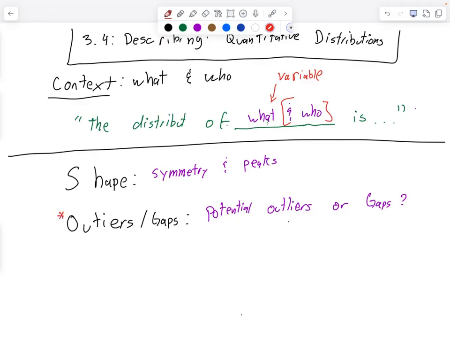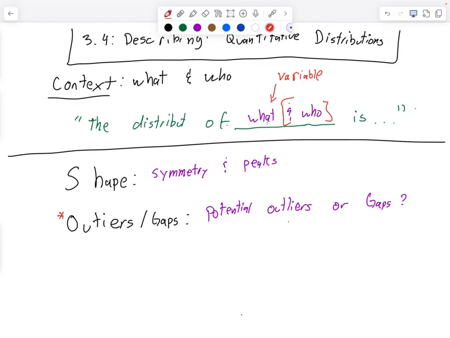Now, what do I mean by a gap? Yeah, so there's a big space and then the data kind of takes over again. So it's not bimodal. Bimodal just goes like this. But if there's a peak and then no data, a gap, and then it goes back up again, that's not necessarily bimodal. That's a gap in the data. So if you see a big space and then more data, that's not necessarily an outlier. Now, I put a red star here because if there are no outliers or gaps, then you don't have